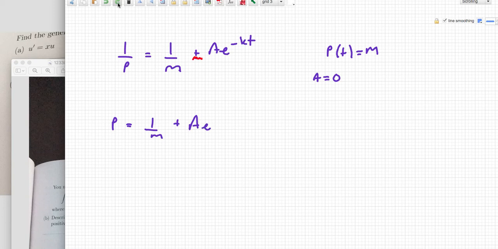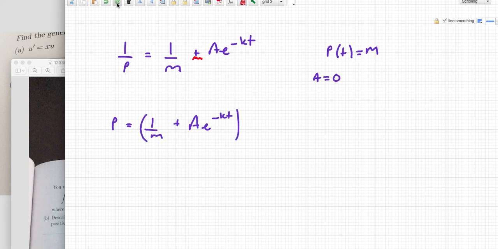For this part, because I've called this constant a, I don't actually need this minus sign because it could have been either. Whatever one it was, I can absorb that, because if it's a negative number, it doesn't matter, I just call it plus a negative number. So I've just simplified that to a plus. So I'll just cancel that out. I'm going to explain here in a second. So we end up with